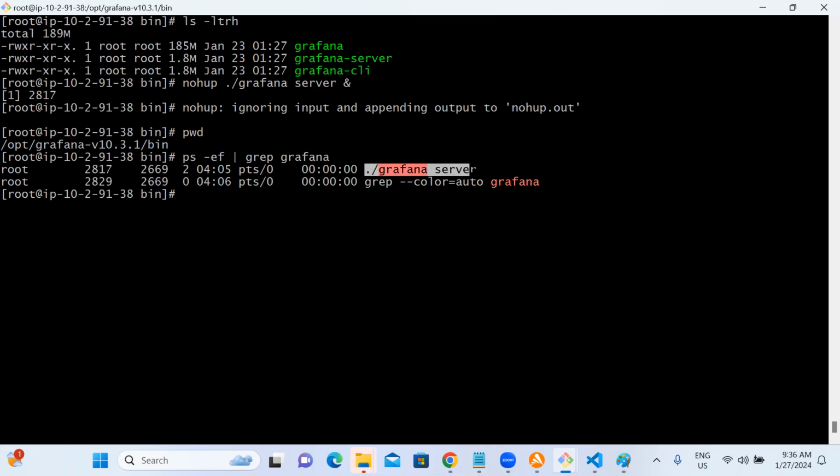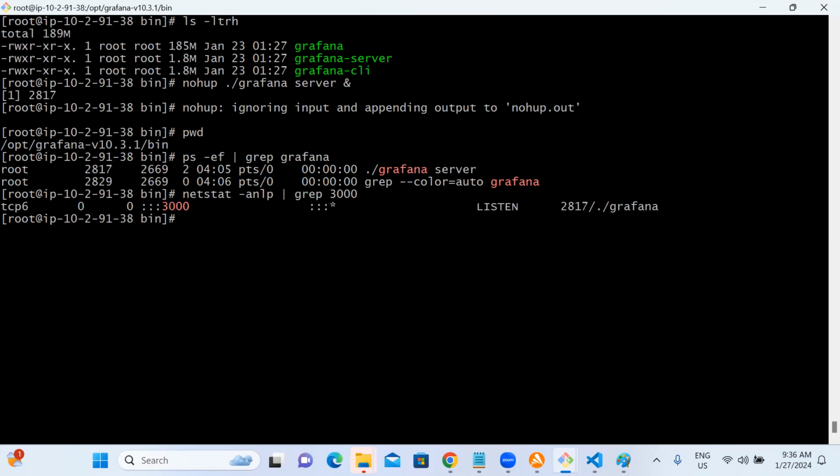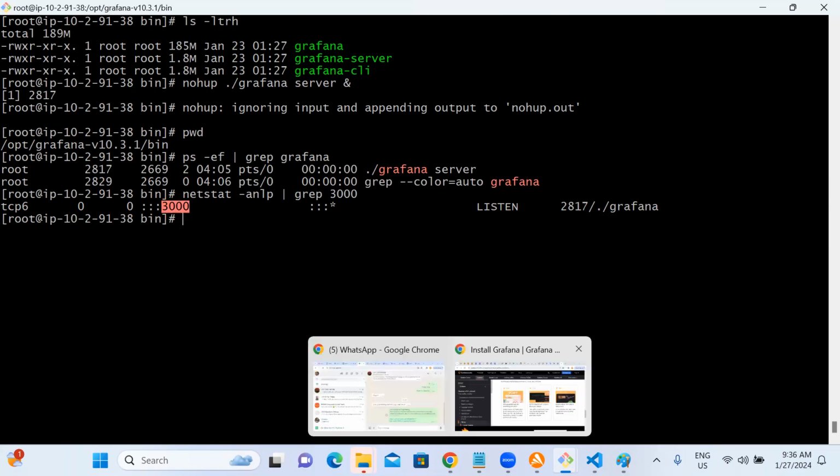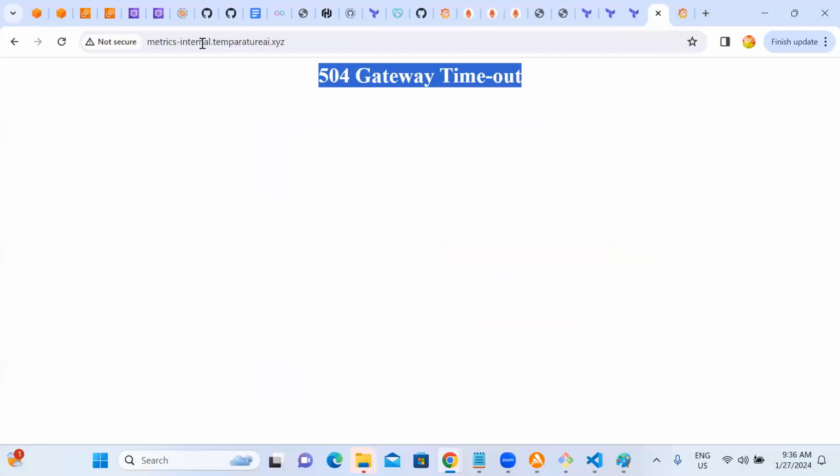You remember on which port number Grafana will start, guys? 3000. There is one command in Linux to check whether a port is listening or not: netstat with grep, like this. Yeah, you see, it is listening. We are good. You see here, 2817, this is matching. This is the process ID. If you restart, it will change, but the port will not change. So Grafana is listening. Now go to this page. We should have the UI.